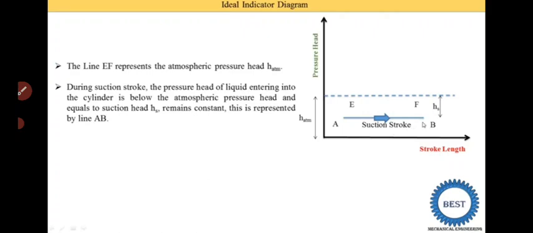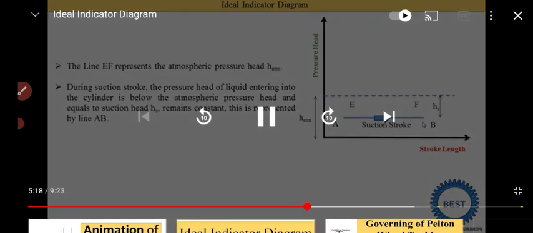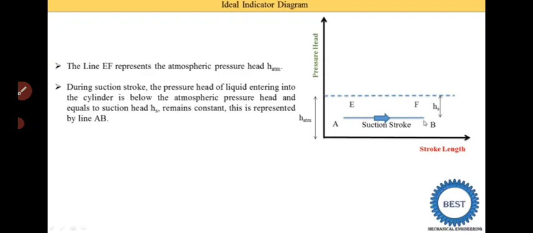That is in the ideal diagrams. So after 180, when the piston returns from the outer dead center towards the inner dead center, at that time its pressure is increased. Here we assume that at the 180-degree rotation of the crank, the pressure is increased from the suction head up to a certain value. Suppose the pressure is 0.8 bar and it is increased up to 10 bar. So it reaches 10 bar at constant volume. Okay.